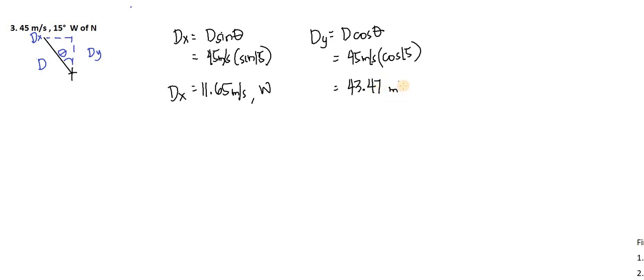43.47 meter per second towards north. Again, okay. Pwede rin naman na kunin natin. So, ito yung first method. Pangalawang method, pwede naman na kunin natin yung magiging,